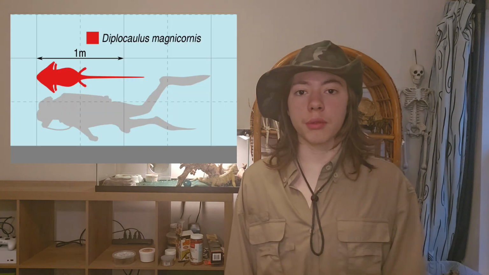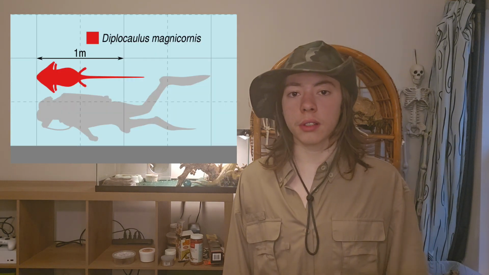You had amphibians like Diplocaulus. They were 3.3 feet or 1 meter long. They were carnivores. Their skull looks like that probably because it created lift in the water. You had the Aistopoda, a group of snake-like amphibians. One of the most important things amphibians evolved during the Carboniferous was the amniotic egg.